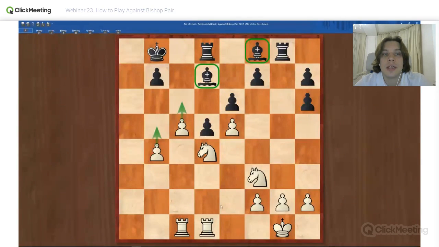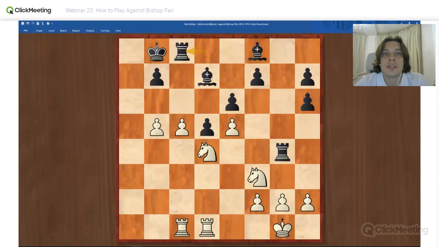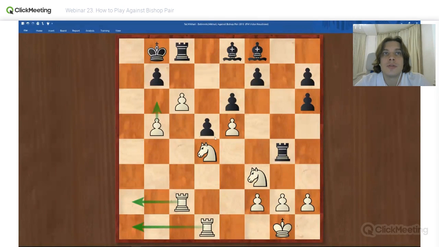And here we keep in mind the idea to play b5, c6. For example, in the game it was rook g4, b5. So both bishops are bad. Rook c8, c6 anyway. Bishop e8. Rook c2, with the idea to double on the c file or to double on the a file. Play b6 and deliver a checkmate.